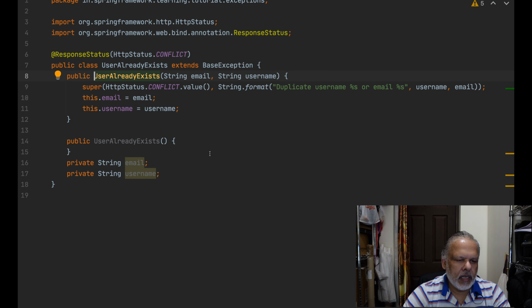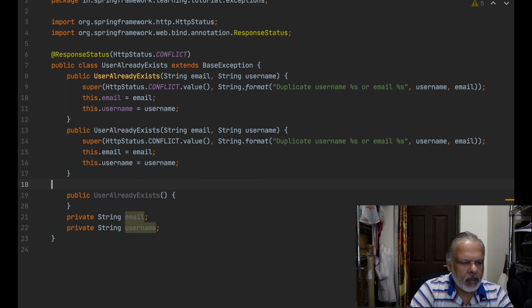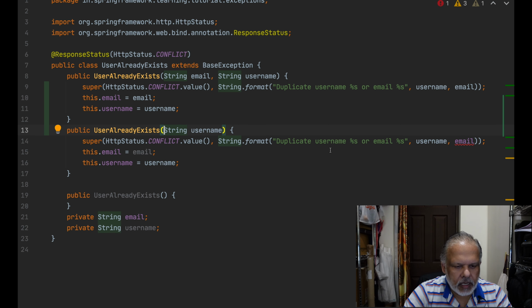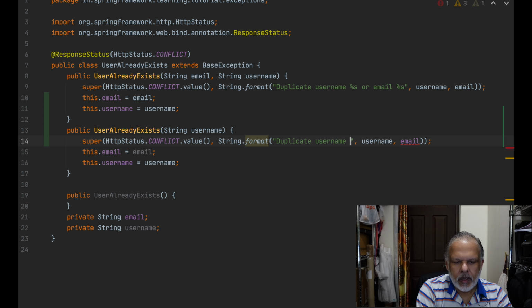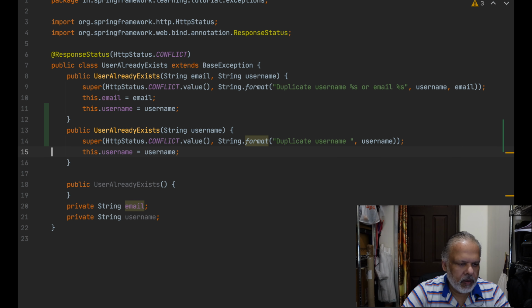Oh, this guy needs email as well, so we need to define another constructor here that only takes a username. So let's remove this email option, and then we can say duplicate username and we pass the username here, and we remove the email thing, we don't need it,